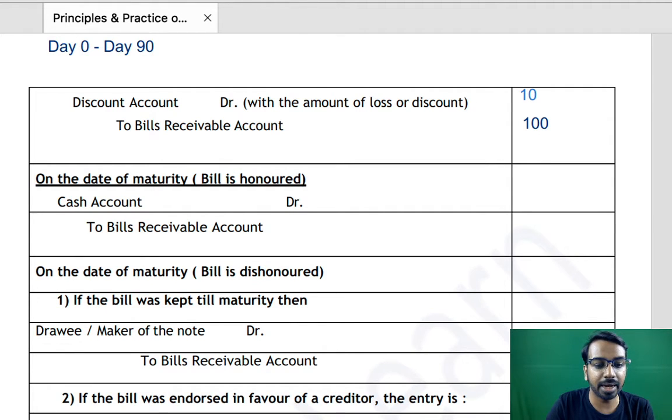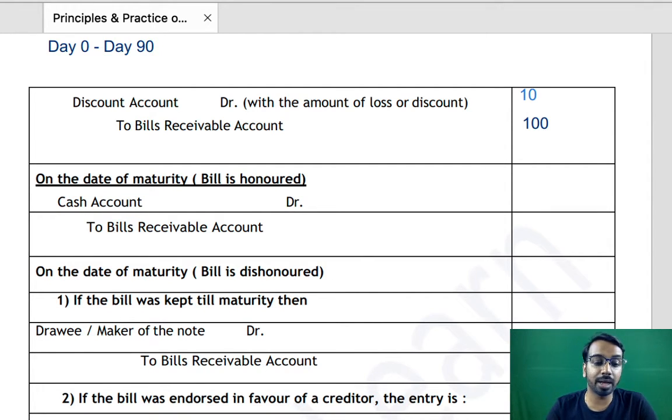and, sorry, there is an error here, and I will credit the creditor. Okay. Now, sometimes what happens is the bill was discounted with the bank, and after the bill